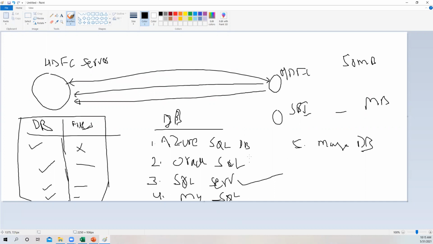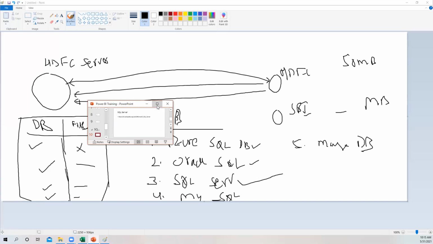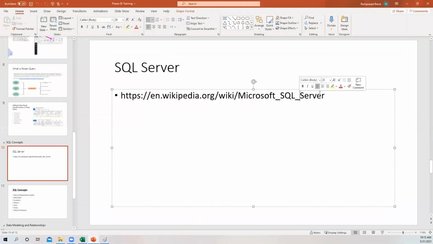And after that, the second highest these days, I would say, is Azure SQL DB, and you will also see Oracle, Teradata, MySQL, like this, guys. So you connect to any source. In Power BI you will do the same job. It's not that you have to learn different things. Okay, let us see SQL Server, guys. So this is SQL Server.